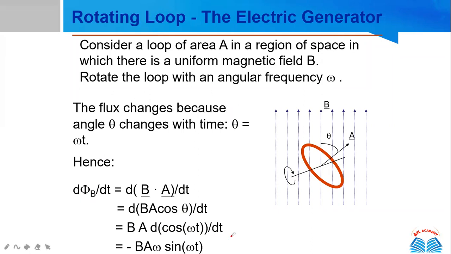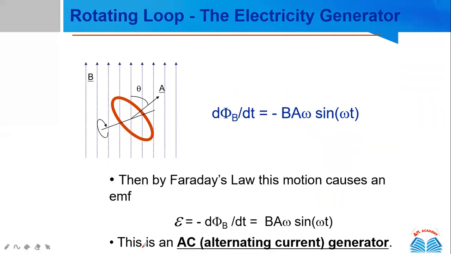The differentiation of cos omega t with respect to t will be B A omega sin omega t, and due to the opposition of the induced field, we will put this minus sign here, and what we are getting, d phi B equals minus B A omega sin omega t, and hence we can calculate the value of this epsilon, electromotive force. Epsilon will be equal to B A omega sin omega t. See, these are direct results which have been asked in exams.